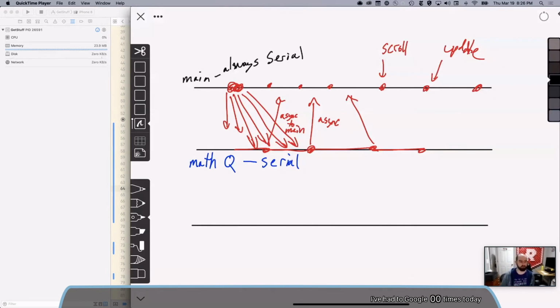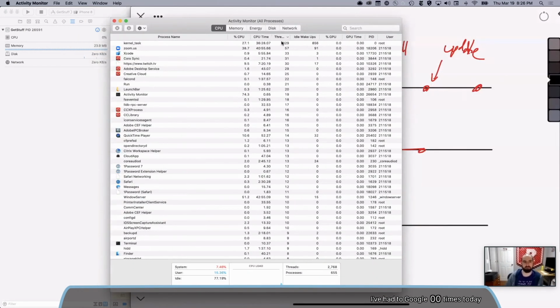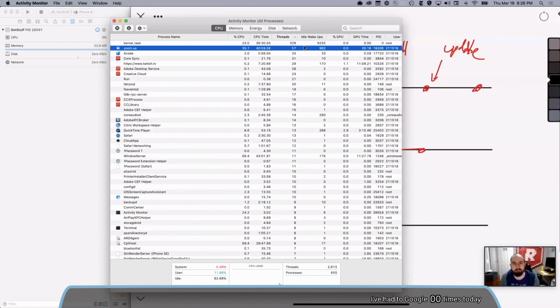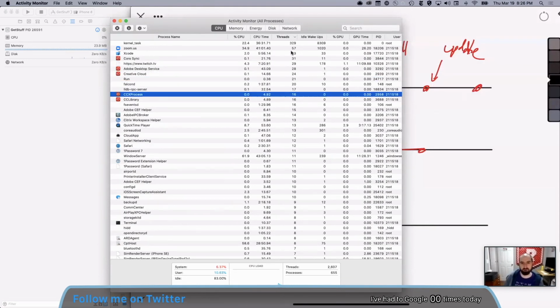I remember some old demos back from when Dispatch stuff was first coming out, where they showed an example of the Mail app, which is super duper threaded because it's always doing stuff in the background, right? It's fetching mail and updating databases and indexing and things. And they showed an example. You can actually pull it up in Activity Monitor. You can see the number of threads that any particular process has running. So my kernel task is 329 threads right now, and Zoom somehow has 57 threads. I don't know what it's doing. But Adobe, of course, biggest vendor here. But so you can see how many threads things have.